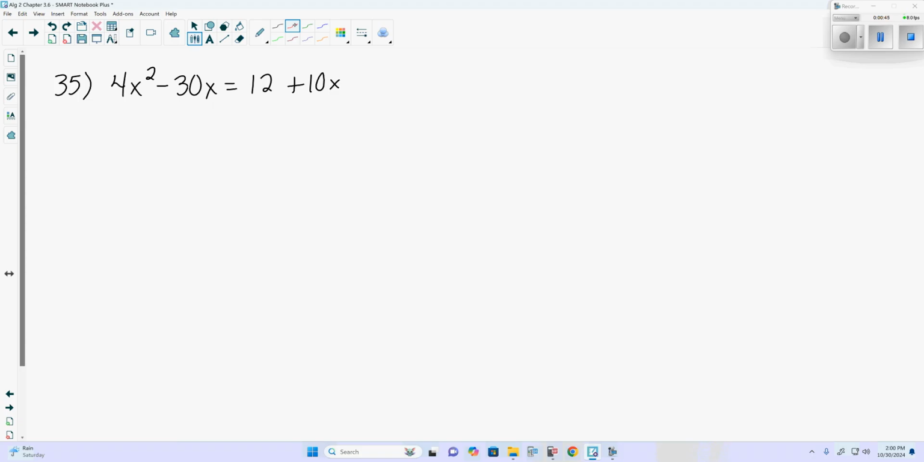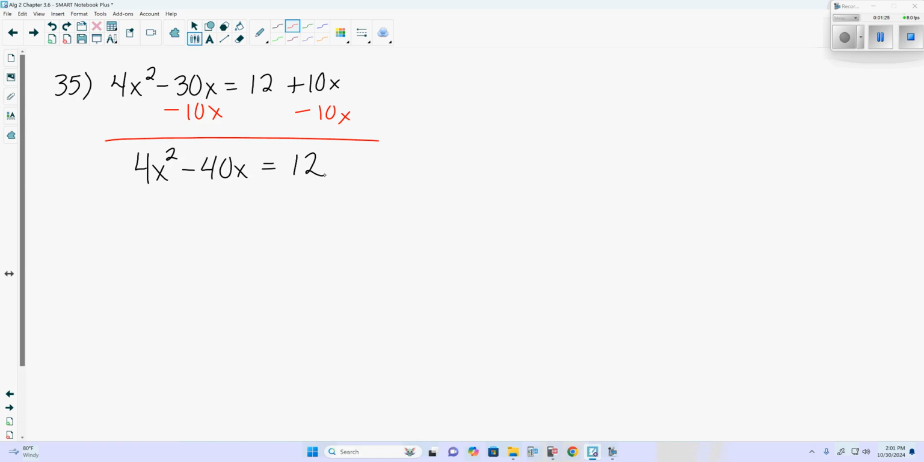Now, one of the first things we need to do to solve this by completing the square is get our like terms together. First, I would subtract the 10x from both sides, telling us that we have 4x squared minus 40x is equal to 12. Now, the next thing we can do is subtract the 12 from both sides to get it equal to 0. However, there's not a whole lot of reason to subtract the 12,